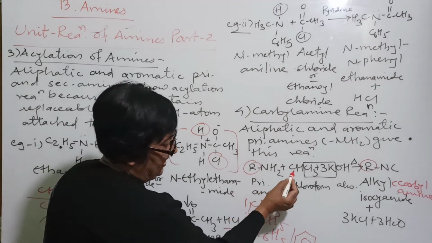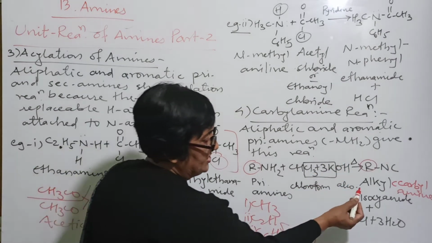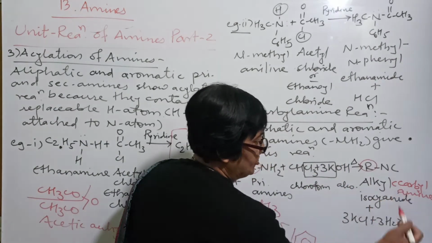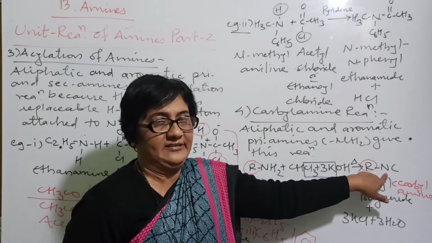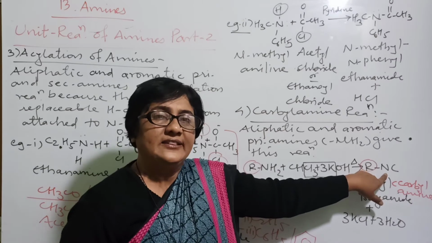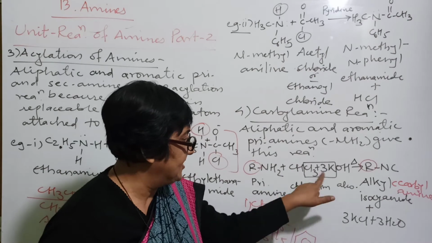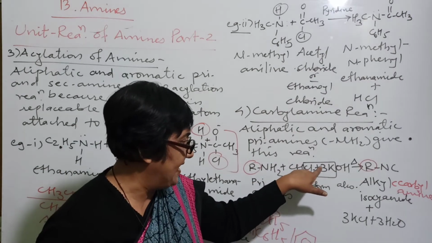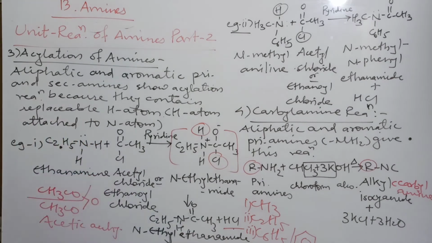When primary amine reacts with chloroform and alcoholic KOH on heating, it produces alkyl isocyanate, which is called carbylamine. Remember this is isocyanate, not cyanate. Here the group is written as NC, it is isocyanate. This point you have to remember here, and these are the side products where this mechanism is shown. Now write down these three examples, and the next reaction is